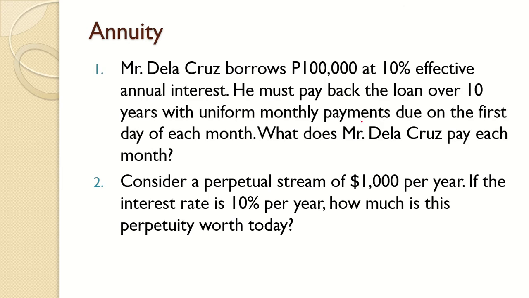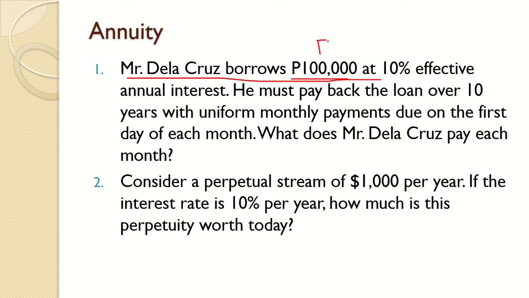Okay. Another example, another set of examples. You have Mr. De La Cruz borrows 100,000 at 10% effective annual interest rate. He must pay back the loan over 10 years with uniform monthly payments due on the first day of each month. What does Mr. De La Cruz pay each month? So, borrowed amount is 100, so which means